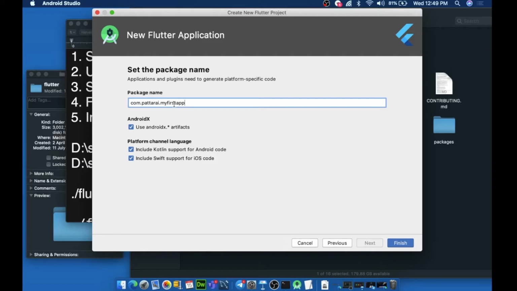Andrews Vishal, I could not click next. Android Studio is open. Okay, Ashik, Android Studio is open? Go to file and click on close project. Ashik, go to file, click on close project. Andrews Vishal, you said you could not click next. Does it show a problem, Andrews? Does it show some error below?